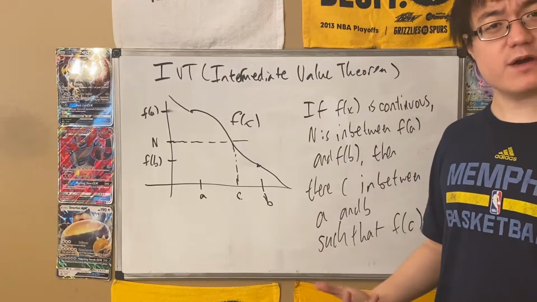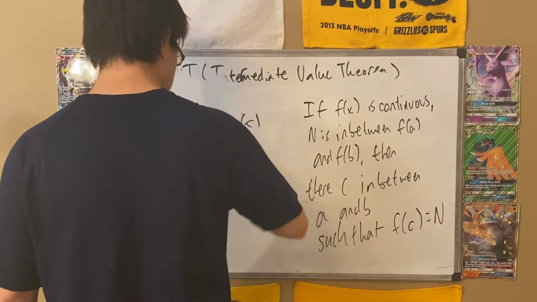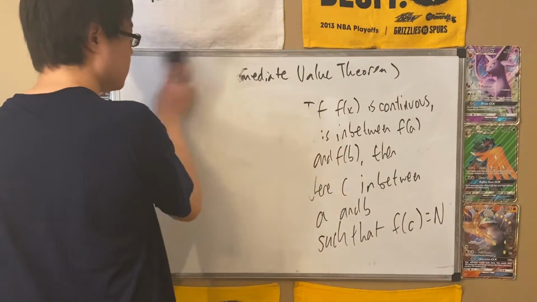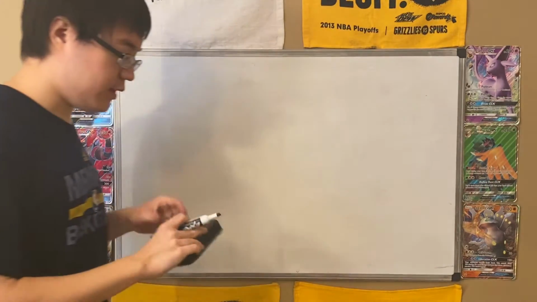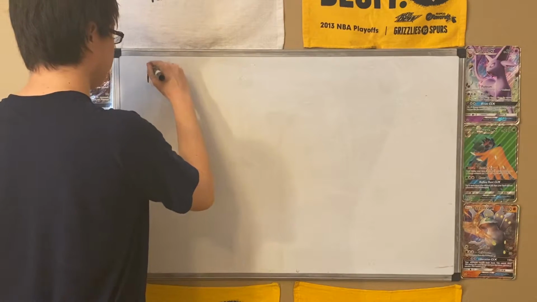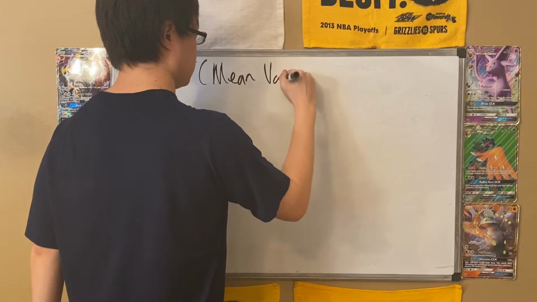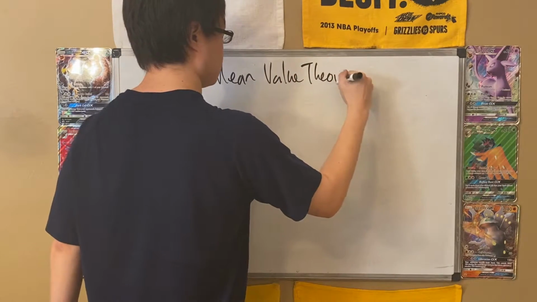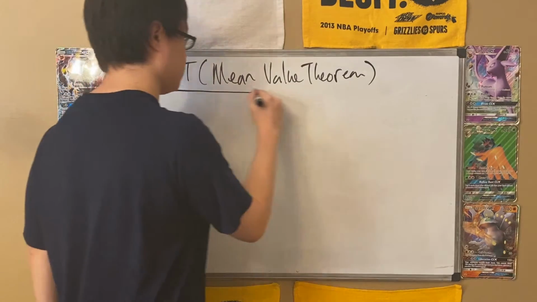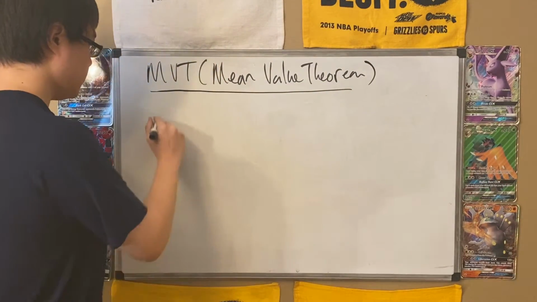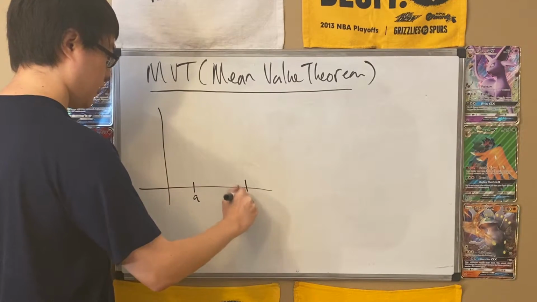Let's try to state the mean value theorem, and then we'll go for examples. So I'm going to erase this. So now we're going to do the mean value theorem, MVT, which stands for mean value theorem. In this one, what you need is the function to be differentiable. But again, let's start off with a picture. So basically what it says is if you have A and B, and you have this function,